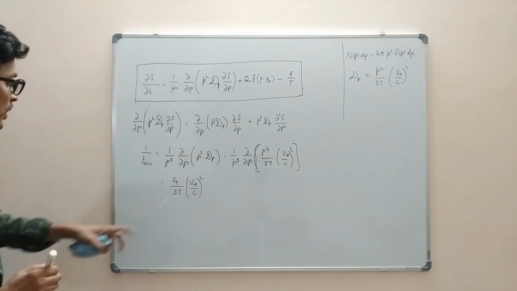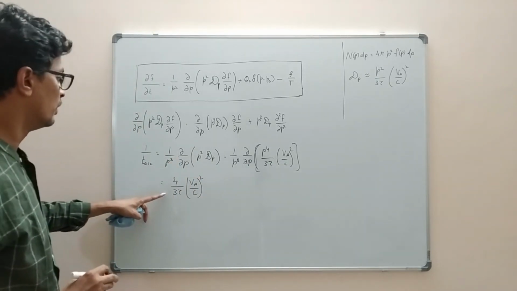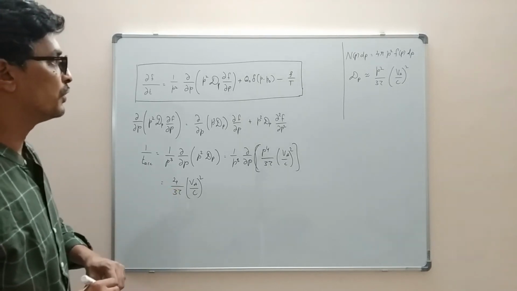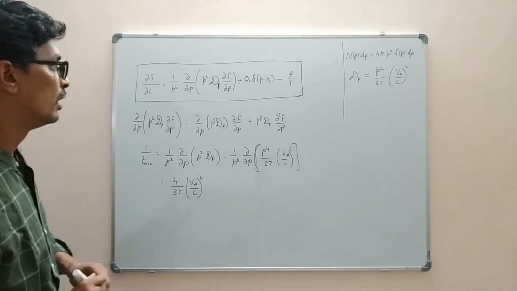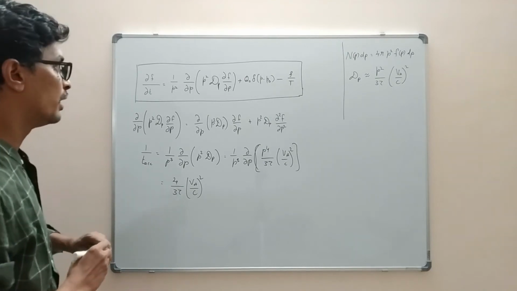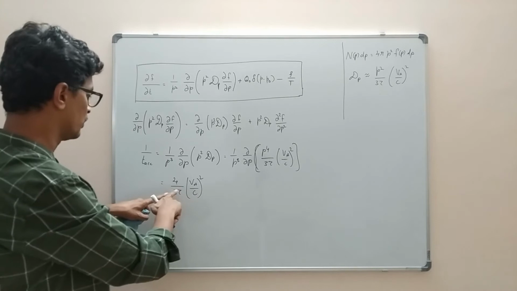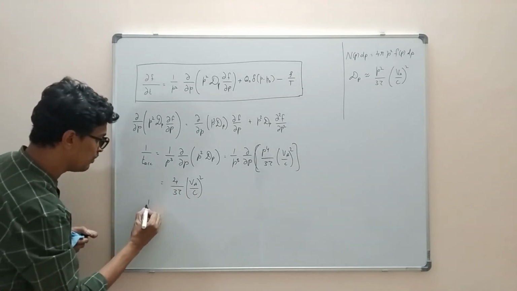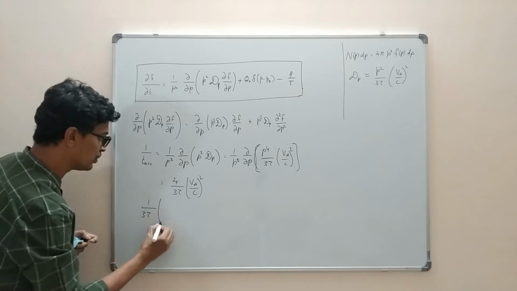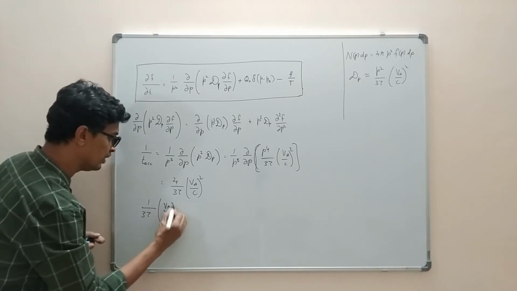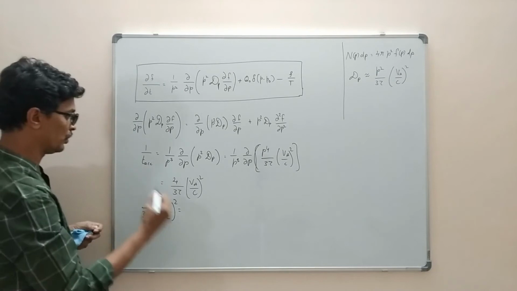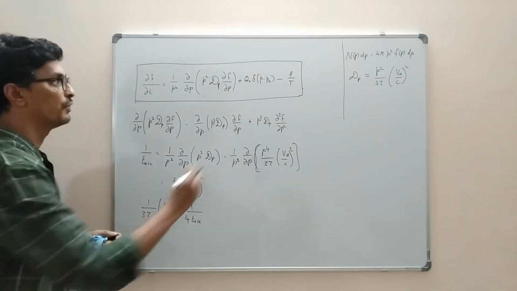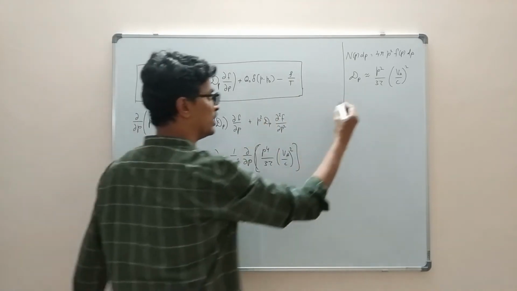So this is what we are going to get: 4 by 3 tau VA by C square. Therefore, from here I can always write 1 by 3 tau into VA by C whole square equal to 1 by 4 TACC. So when I substitute it there, my dP is going to become